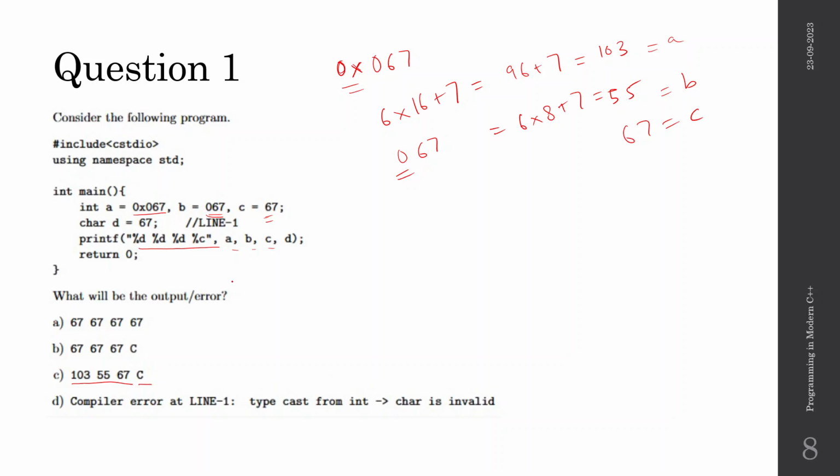So for the first three, 103, 55, and 67 will be printed. But for the last one, the format specifier is percentage C. So percentage C means that this last argument D will be interpreted as a character and it will be printed as a character. So 67 is the ASCII code for capital C. So capital C will be printed. Okay,